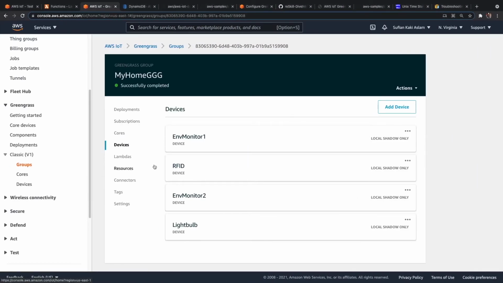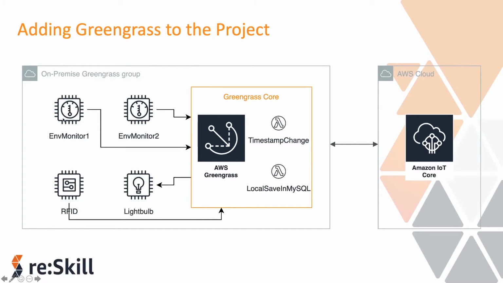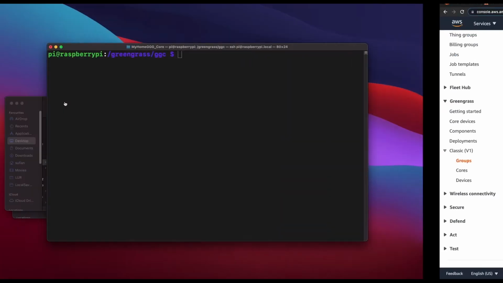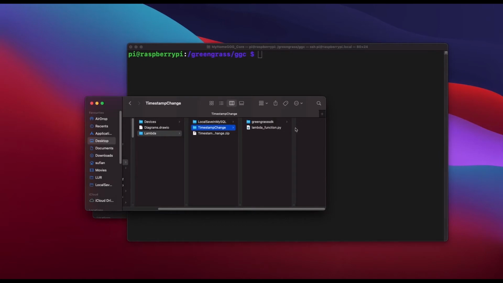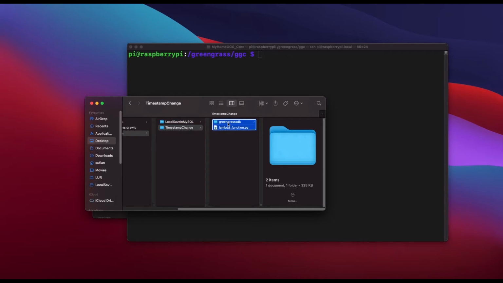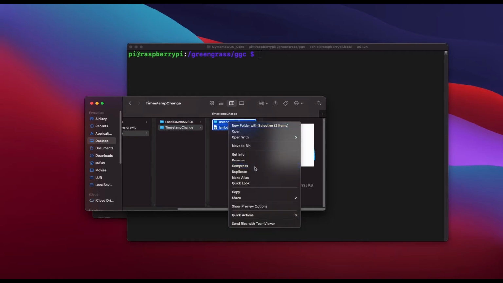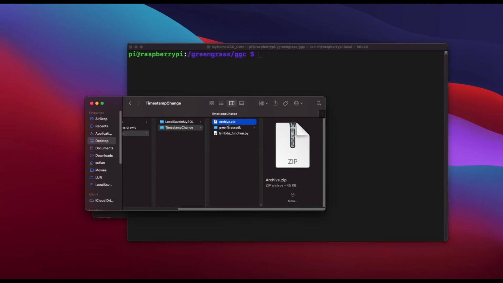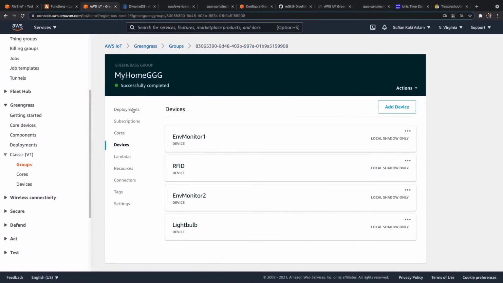It was already coming, but in ENV Monitor 1, which is M5 Stick C Plus based, it has a timestamp that starts from 2000. We need to reduce the number of seconds in them. So I have a Lambda that is already there. What I'll quickly do is take this folder and this file that we have, and I'll compress this. So I have archive.zip, which is okay.